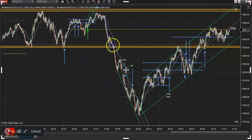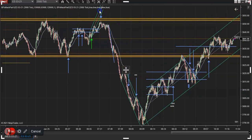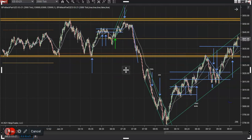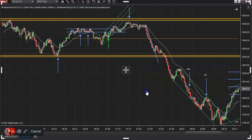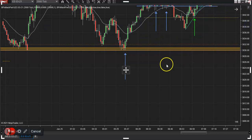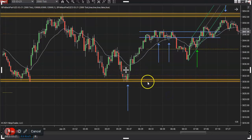But yeah, not a lot of good entries within these overnight highs and lows. And unfortunately, I didn't see a good entry really over here. This is an aggressive entry, and you probably would have scalped out on this. But I have been seeing, once you mark these ranges here, some good entries in these ranges. So let's talk about that. Looks like the price is hanging around the opening price right now. But let's take a look at these trades. So I marked this first trade because